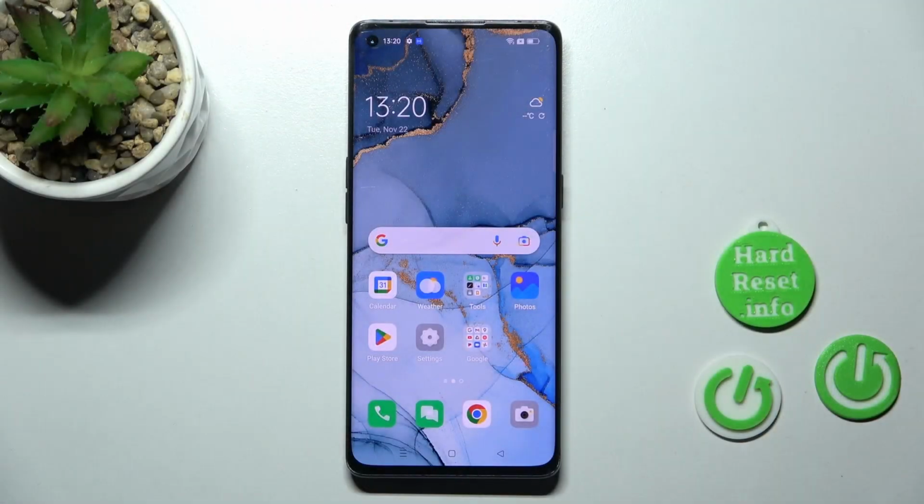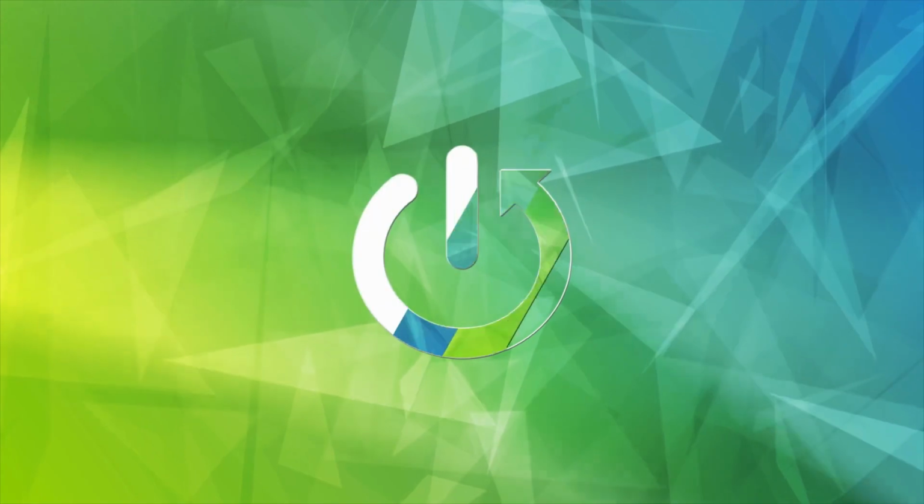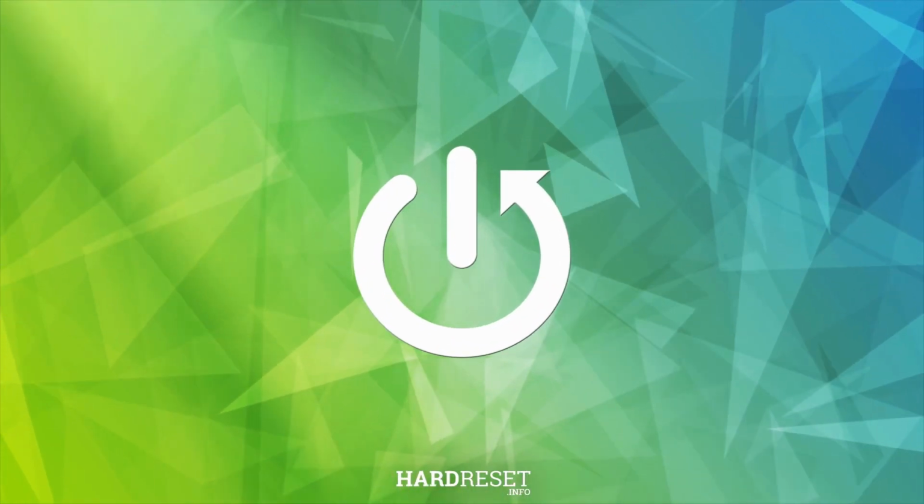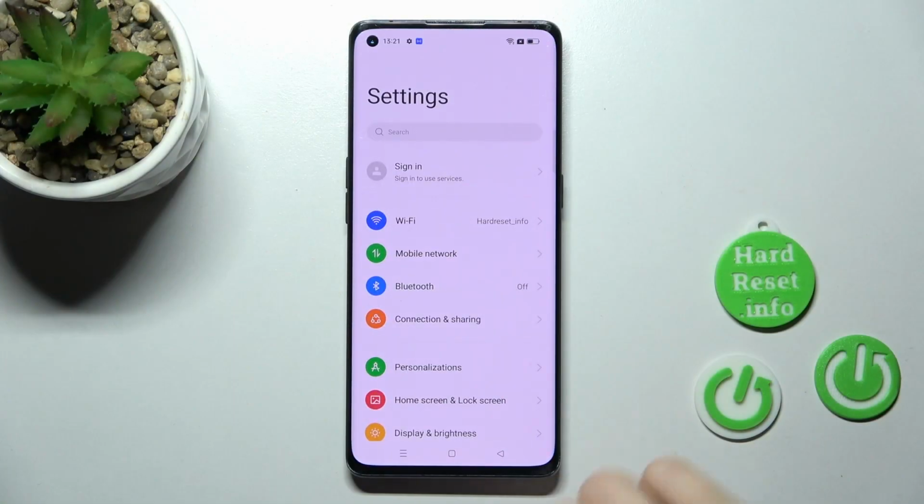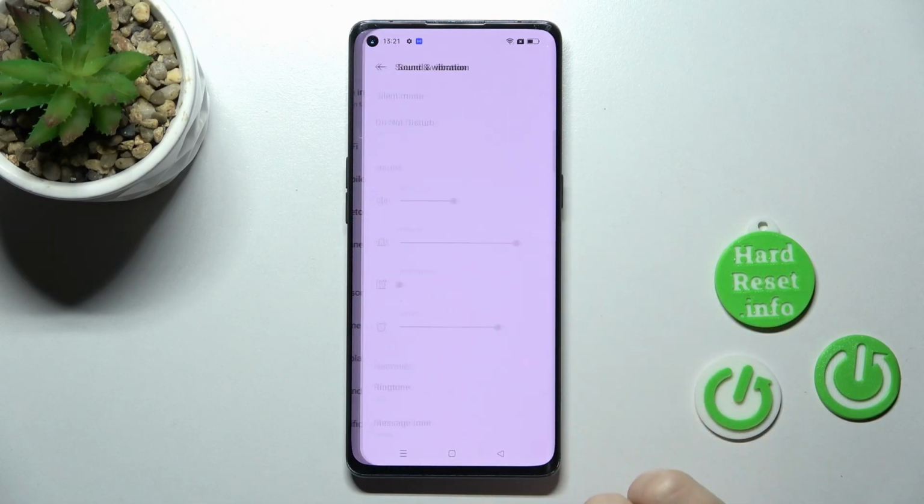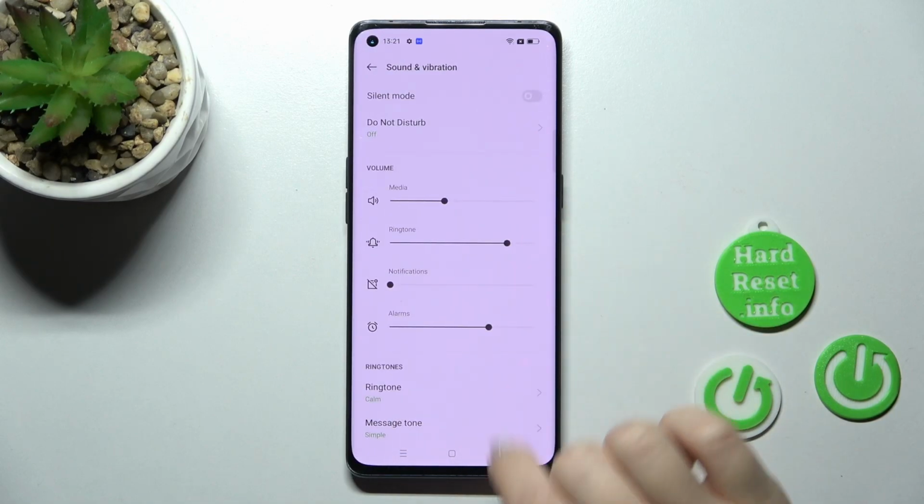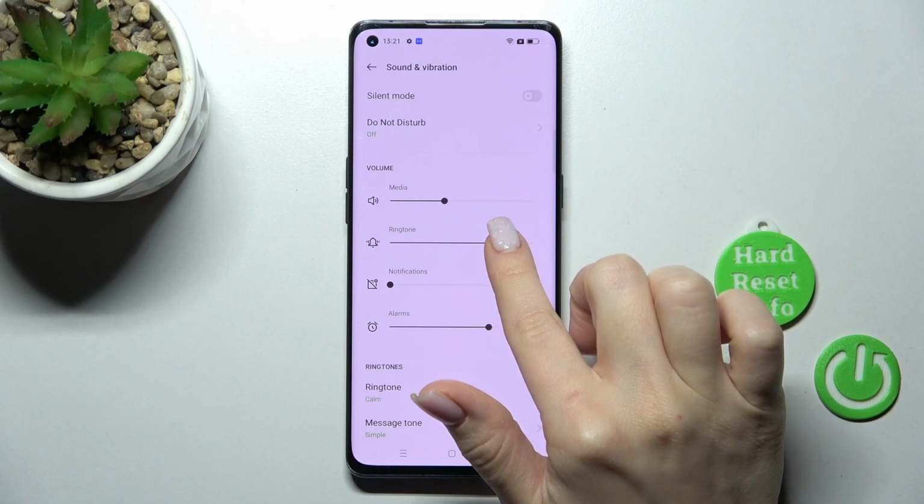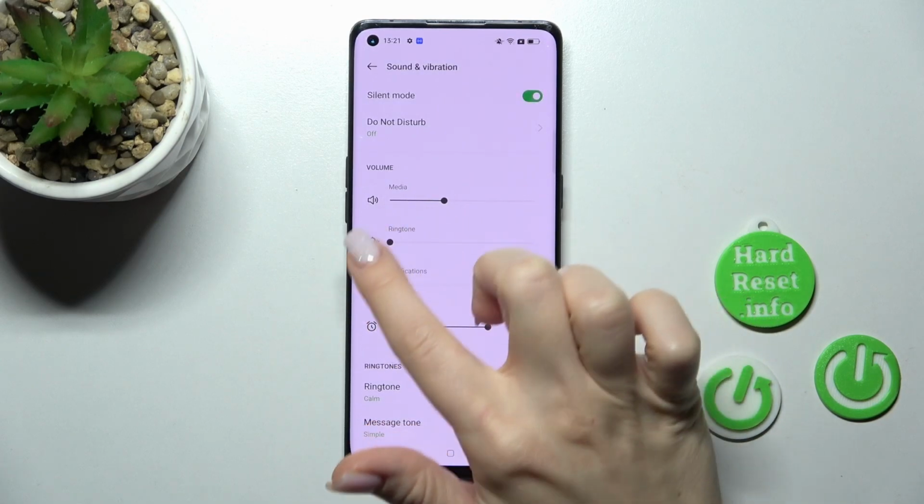Hi, today for the OPPO Find X2 Neo, and I'll show you how to mute ringtone on this device. So first, let's open the settings application and then tap to the sound and vibration. Here we'll see ringtone volume panel, and just to mute ringtone we should hold and slide to the left side